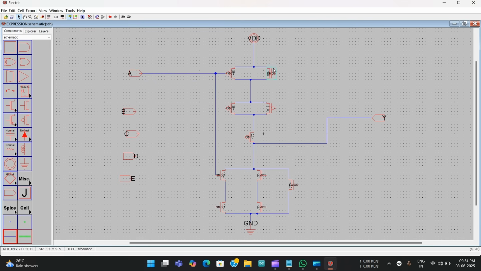So A is done. Now for B, here the B is here since these two are in series. So this is the B. So B connection is done. Now for C,